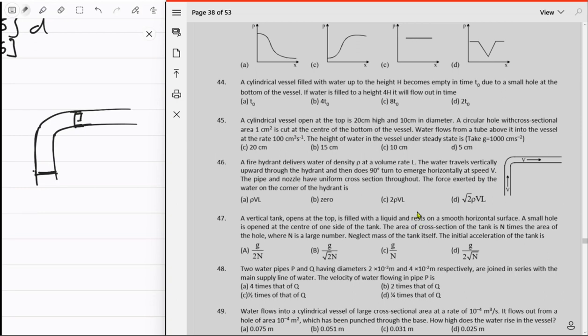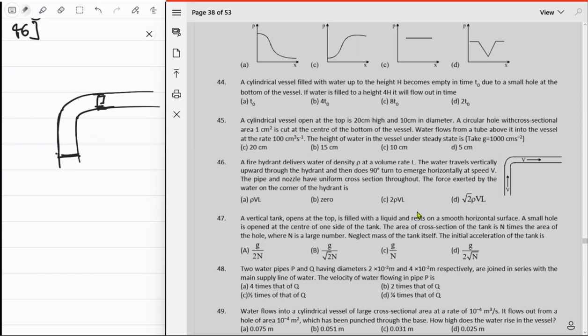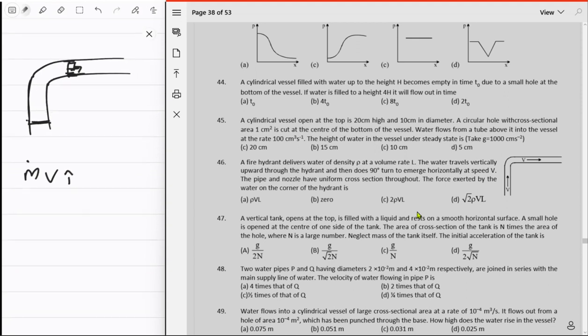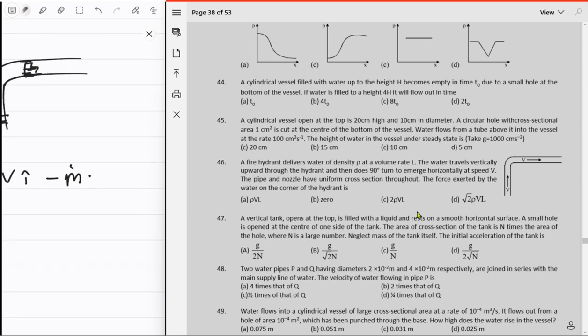So v is in this direction. The net F equal to m thing for this guy: m dot times v in the i direction, so v i hat, and then this is lost, so negative m dot v j hat. That would be the force on our system, right? But you have pressure stuff going on. Okay, no big deal. I just want the force on the pipe, not on the